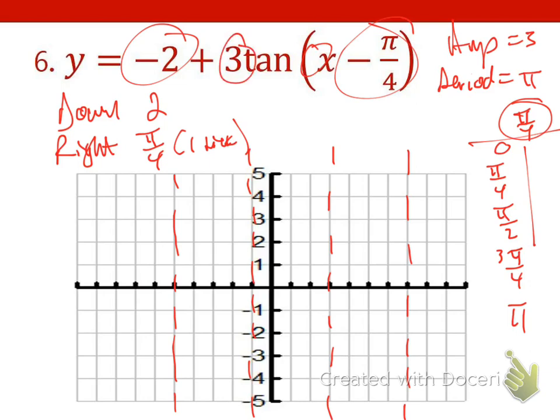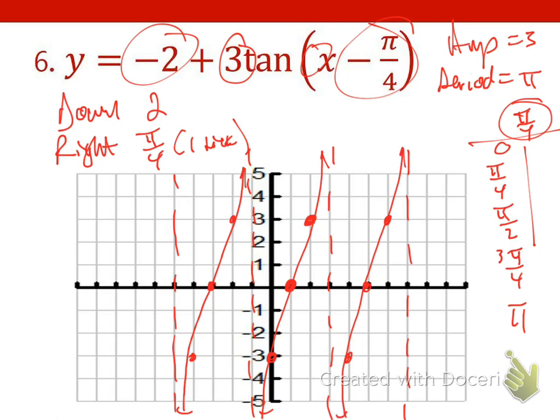The amplitude is positive 3. So we're still going to go right in the middle of the period and be at 0. And then graph our amplitude going up to the right, down to the left. And we're still going to plot those points the same way we did before. It's just that everything has shifted over 1. Okay? All that's left from here is to label the x-axis so that we can keep an eye on